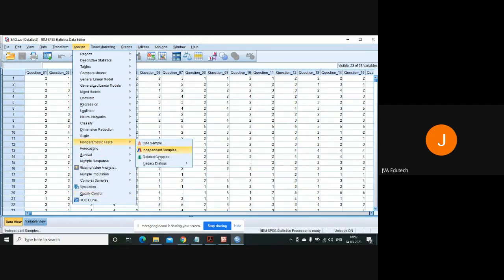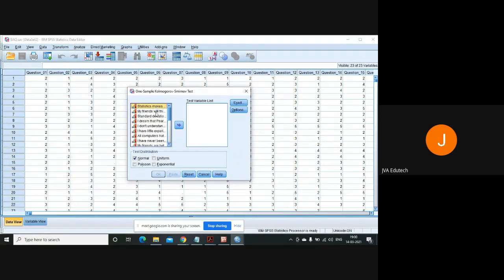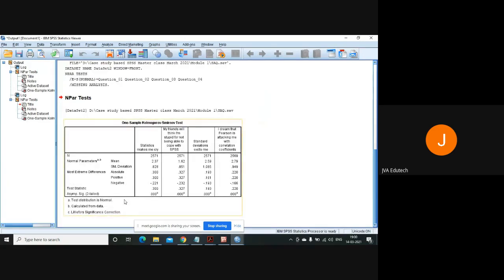So you can go to Non-parametric Tests, Legacy Dialogs, one sample KS, and select all these four. Now here also, see, it is written test distribution is normal, but it does not mean that the test distribution is normal. Here also the test statistic is more than 0.05, but finally your distribution is not normal, because we see this p-value. What I'm saying is that the test distribution is normal, this is the null hypothesis.